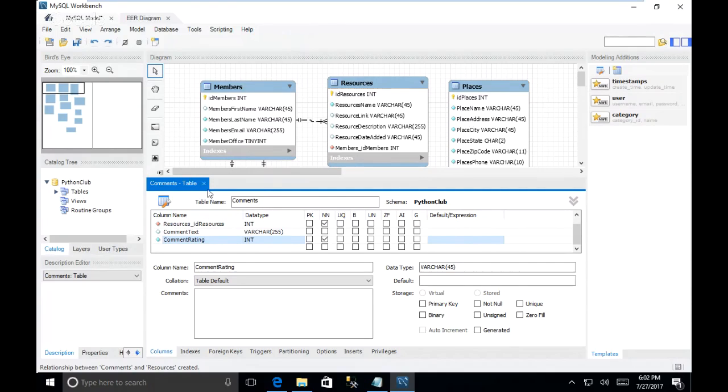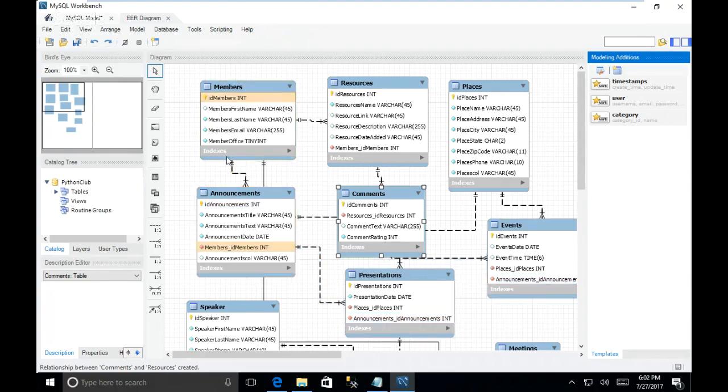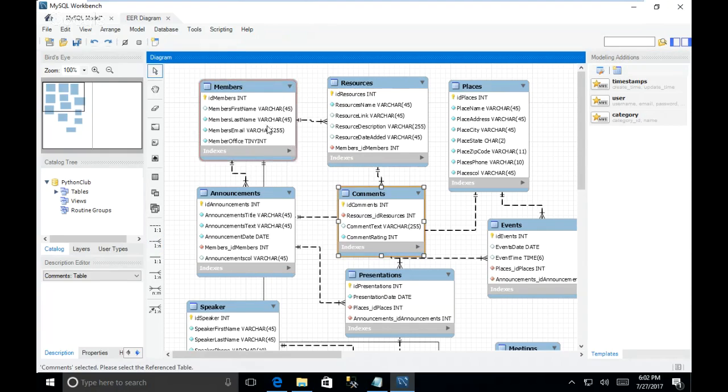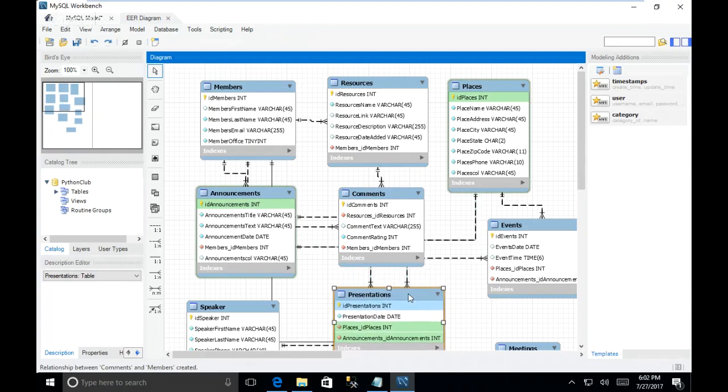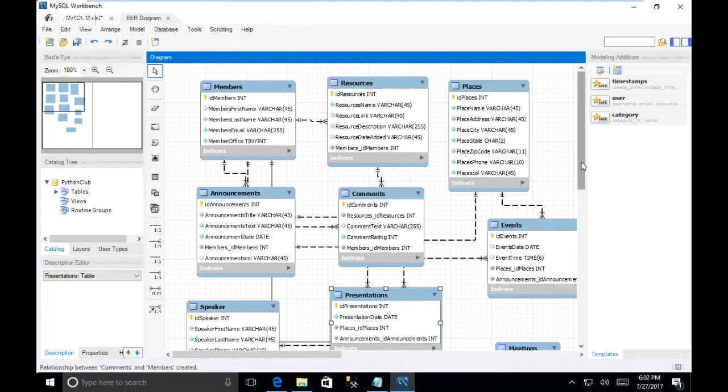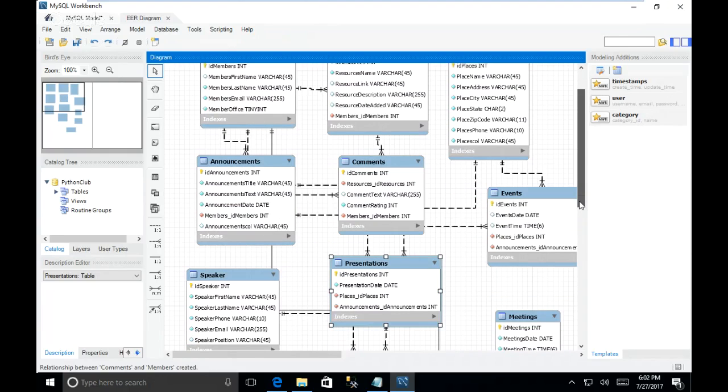And I'm going to bring in a member, right? Because a member has to make a comment. So I'm going to make a member thing. As I said, these are starting to get out of control in terms of laying this out so that it's readable. You guys will probably have much better luck because you have a less cramped space in terms of laying this out properly. The only thing that we have left